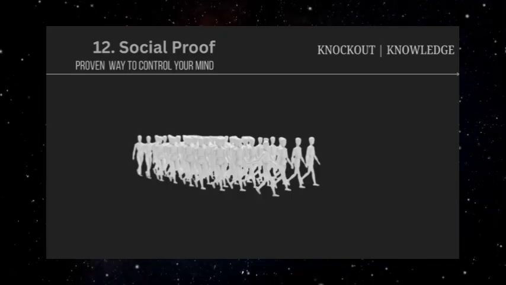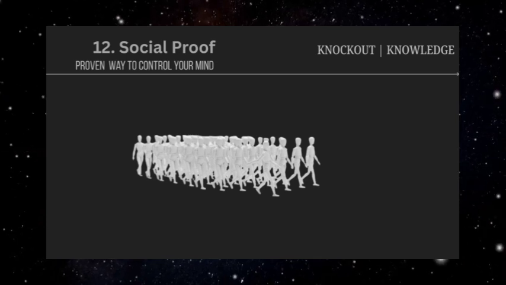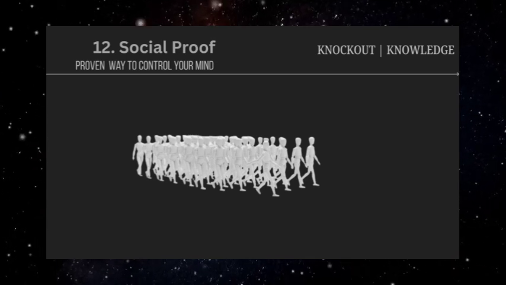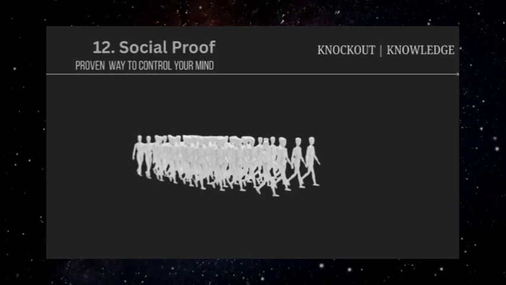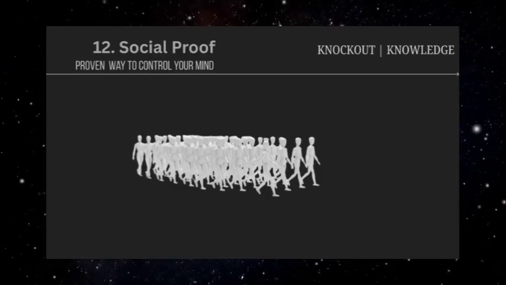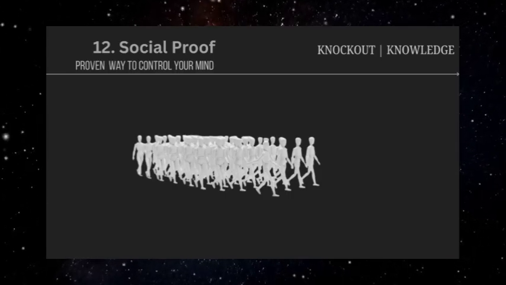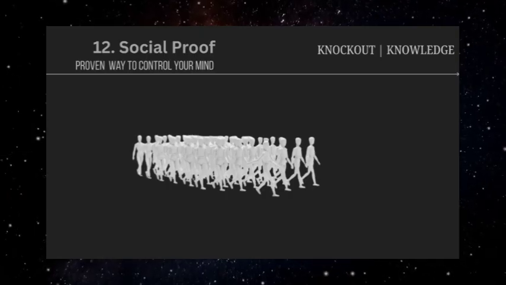Cult and high-control groups rely heavily on manufactured social proof to maintain member compliance. New recruits are shown how happy and committed existing members appear to be, how successful the group's methods have been for others, and how many people have found meaning through participation. This apparent consensus makes questioning the group's practices feel not just wrong, but lonely and isolating.